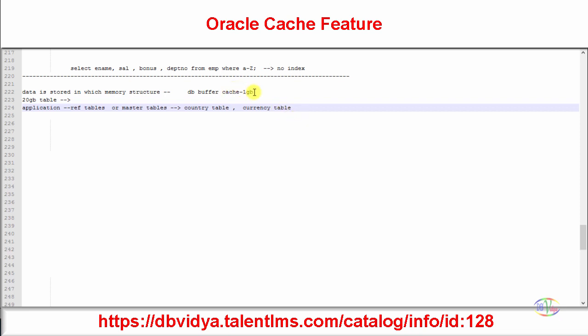So when you are flushing, we said the DB buffer cache is 1 GB and you are accessing a 20 GB table. Why do we call them reference or master tables? Because 60 to 80% of the application will be accessing these tables.